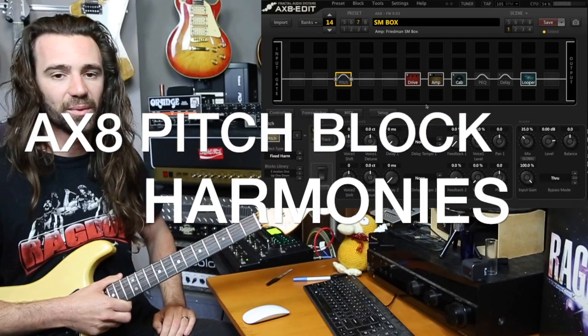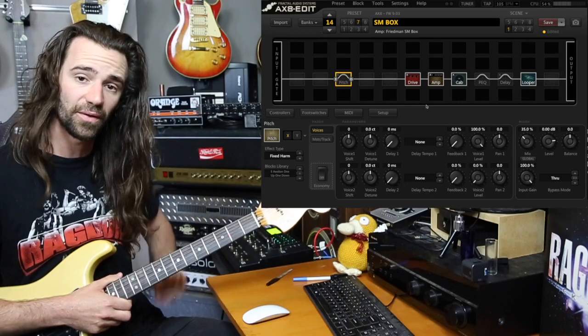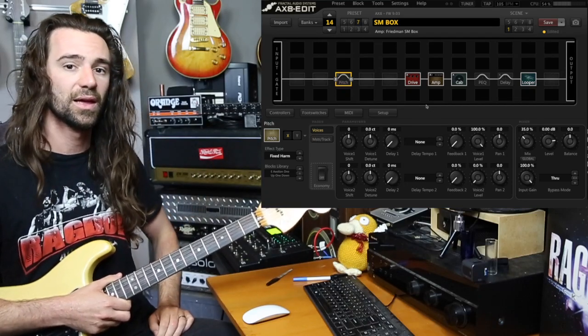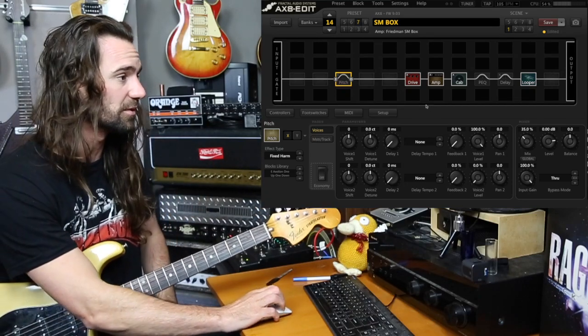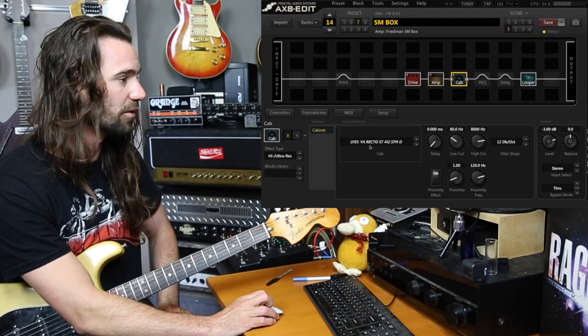Right, let's have a look at the fixed harmony and the intelligent harmony blocks. I'm playing my Strat into the Friedman small box model on the AX8 with some York Audio impulse responses. If you want to know what the impulse responses are, this is what the cab block looks like. It is, in this case, York Audio Recto